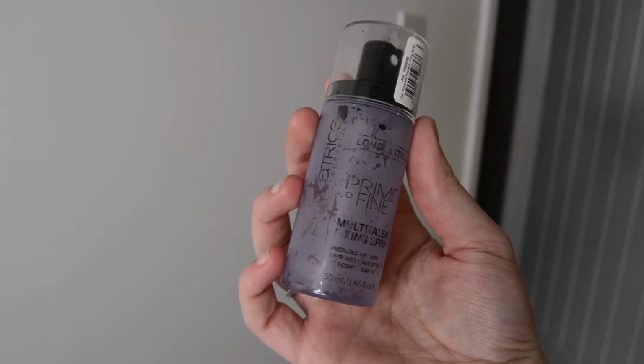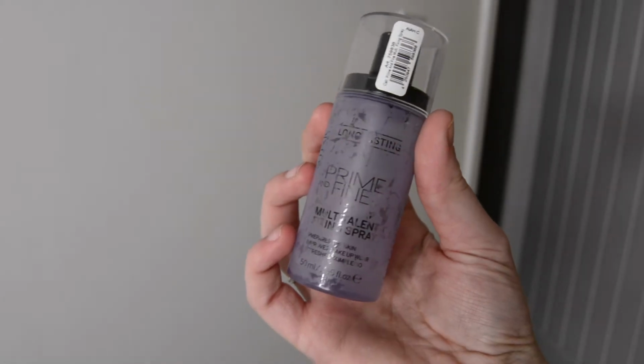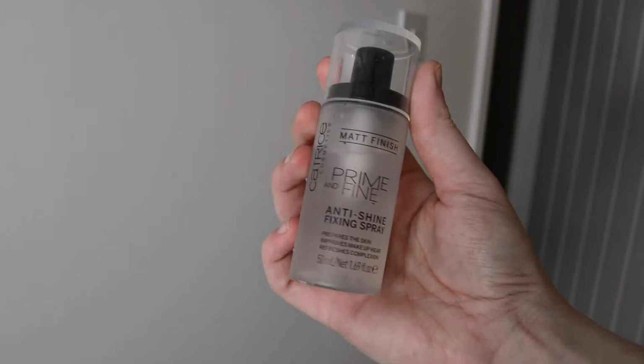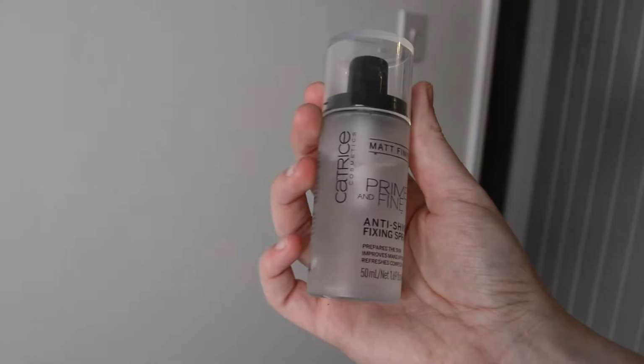And for setting sprays we have the Urban Decay De-Slick, the Catrice Prime and Fine Multi Fixing Spray, and the Catrice Prime and Fine Matte Finish. Hey Siri, choose a number between 1 and 3. The answer is 3. So for setting sprays we're going to go with number 3, which was the Catrice Prime and Fine Matte Finish Anti-Shine Fixing Spray. I haven't really used this one because I'm not kind of a matte skin lover,